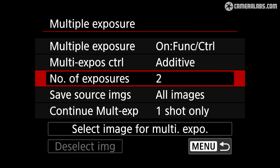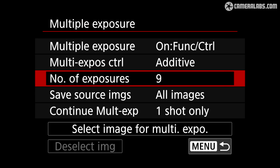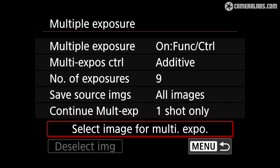Not all cameras allow this. In fact, neither the a7 IV or S5 II offer multiple exposures at all. Which now brings me to my final verdict, where I'll share a selection of sample images taken with the EOS R6 II. As always, if you'd like a closer look at any of them, head over to my R6 II